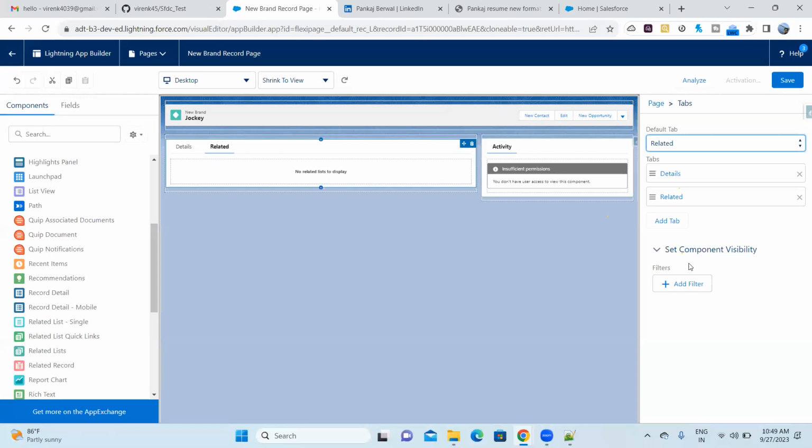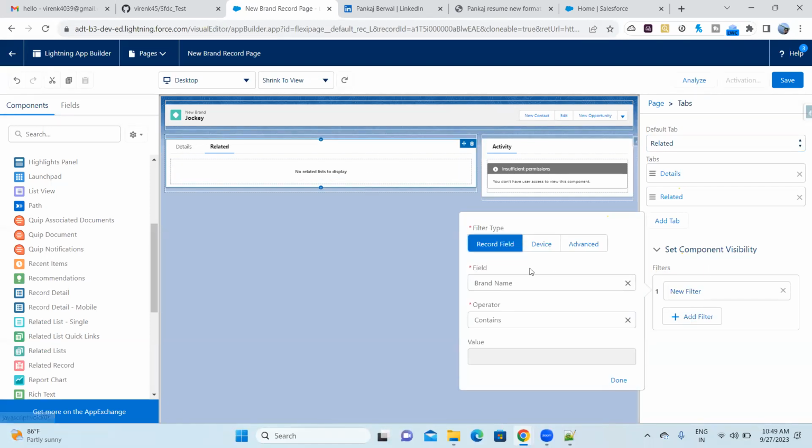And you can handle the visibility. So that I told you, right? The main feature is this visibility. You can show or hide based on some conditions. So this complete tab, you can show or hide based on the filter. Remember, you guys have seen the filter of list view. Similarly, you have the filters here also. Okay. So you want to see this particular tab section when your brand name equals, okay.